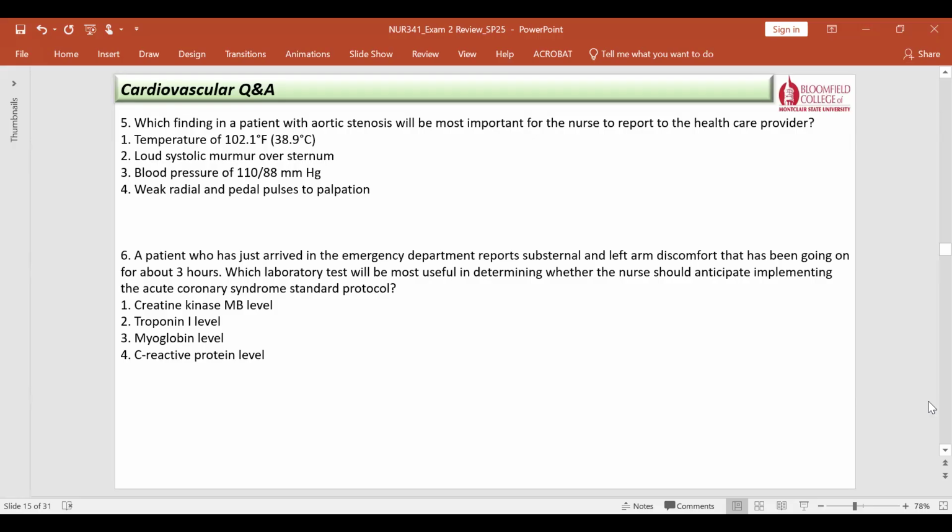Why? Because it's 102, it could indicate an infection. Right. So when we look at aortic stenosis, we think of endocarditis, which is an infection within the heart. So endocarditis is a concern with valve disorder or disease, and the elevated temperature definitely indicates there